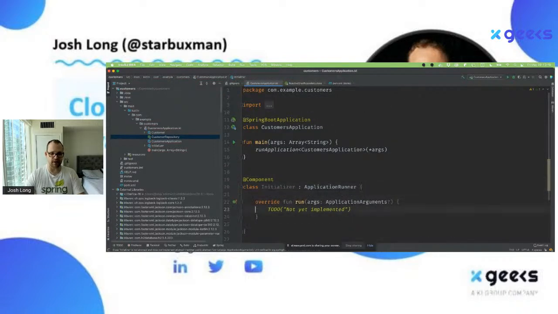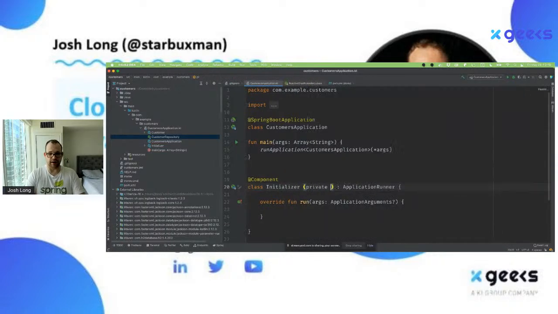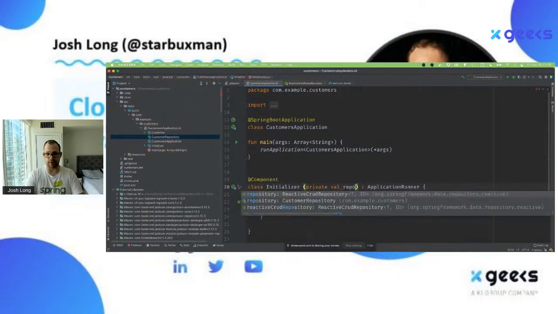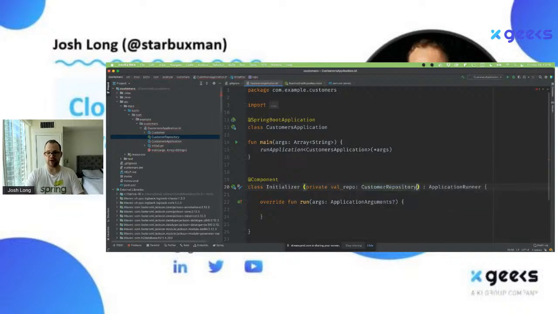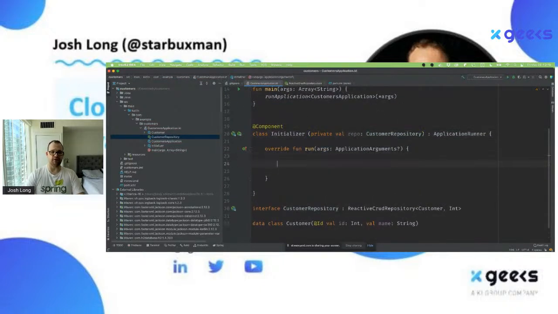And this is just a Spring Bean that when the application starts up will be invoked, and I'll inject a reference to the repository here. And what I'm going to do is write some data to the database so that we have something to work with. So val names equals, and we're going to create a reactive stream of names of people on the Spring team. So you can see this is a reactive stream of names.